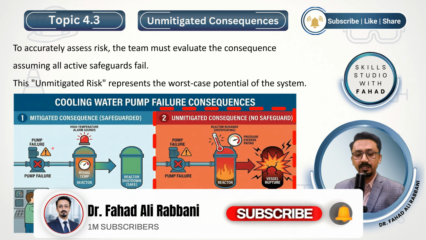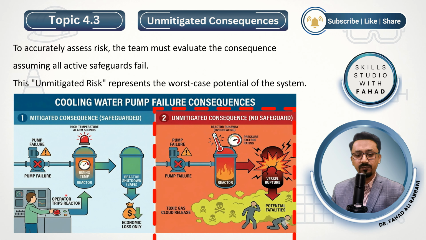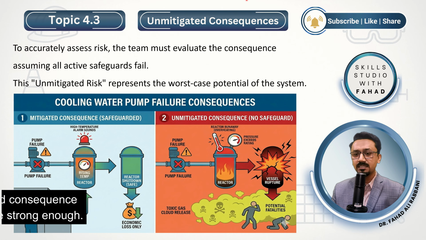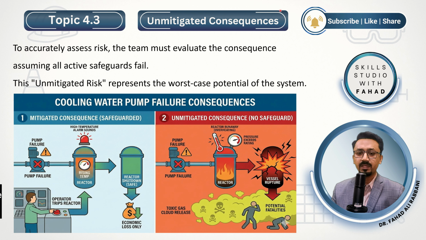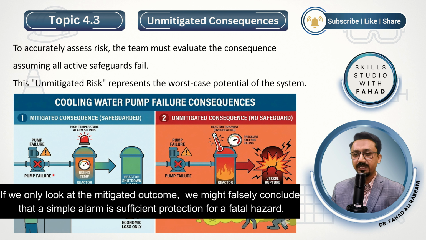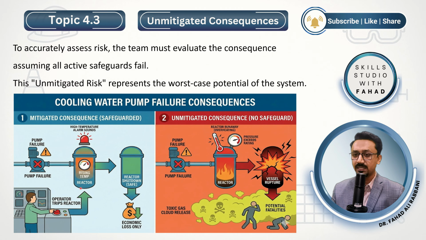So if we compare the mitigated consequences or safeguard, the high temperature alarm sounds, the operator trips the reactor, economic loss only. But for the unmitigated consequence, the reactor runs away, pressure exceeds vessel rating, vessel ruptures, toxic gas cloud release, potential fatalities. The HAZOP must record the unmitigated consequences to determine if the existing safeguards are strong enough or not. If we only look at the mitigated outcome, we might falsely conclude that a simple alarm is sufficient protection